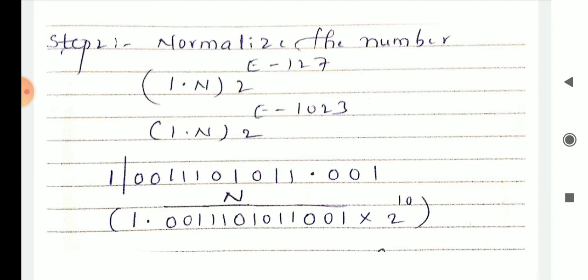Again shift that dot, then you can take 2 raised to 10. So how many digits are available in the normalized number? 0 0 1 1 1 0 1 0 1 1 0 0 1. Okay, so this is the normalized number. So next,